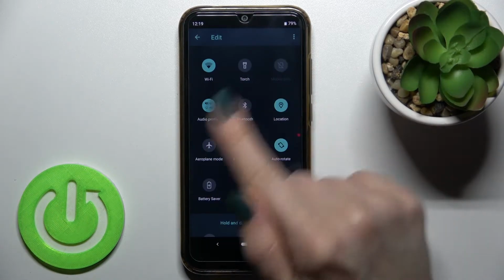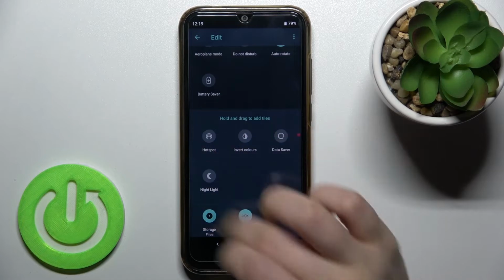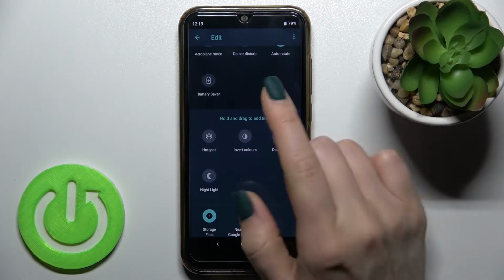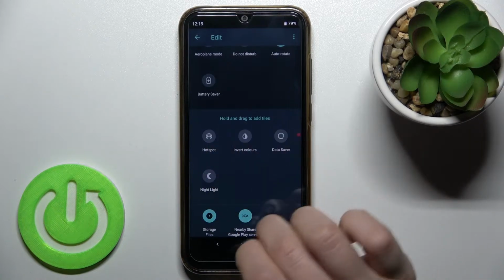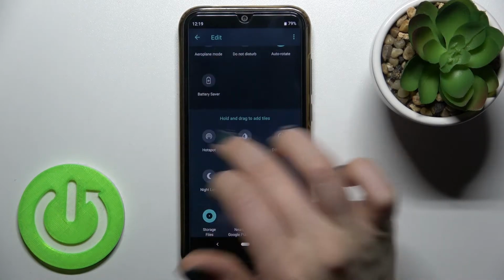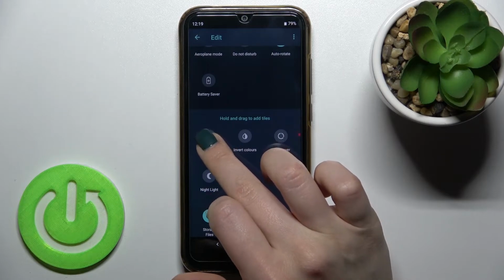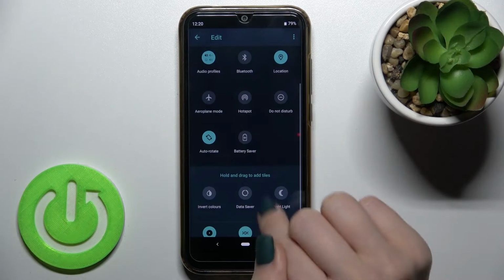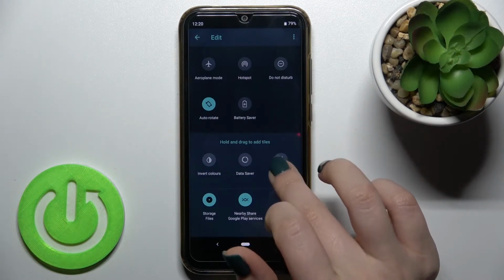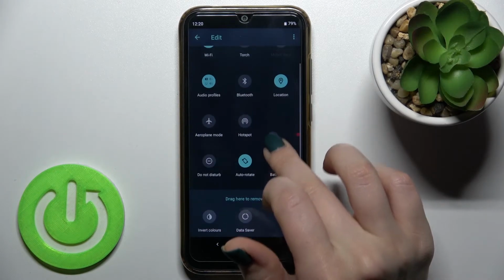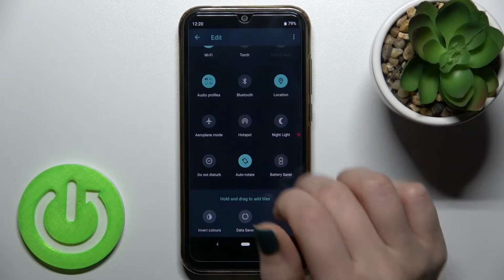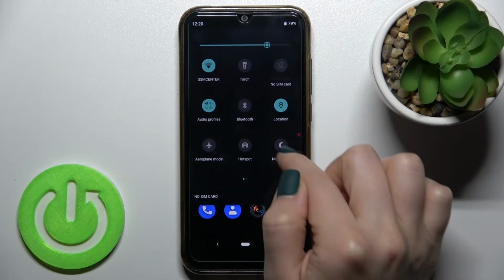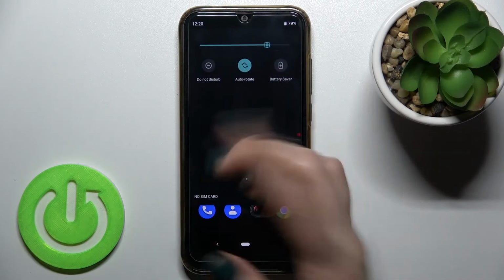icons on our notification bar, and the down section with these icons you can't see at the moment on your notification panel. But just to see them, for example, to add the hotspot to your notification panel, hold for a while the icon and drag here to this up section. And for example, we can add here the night light mode, and now if we'll go back, you can see here the night mode and the hotspot, these new